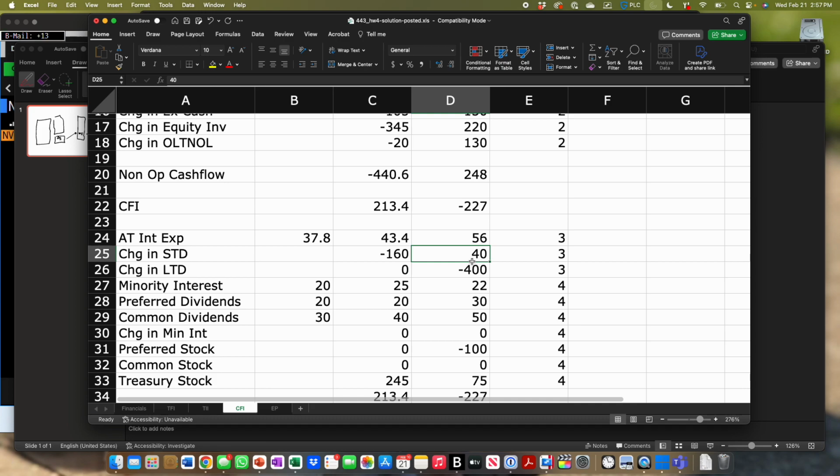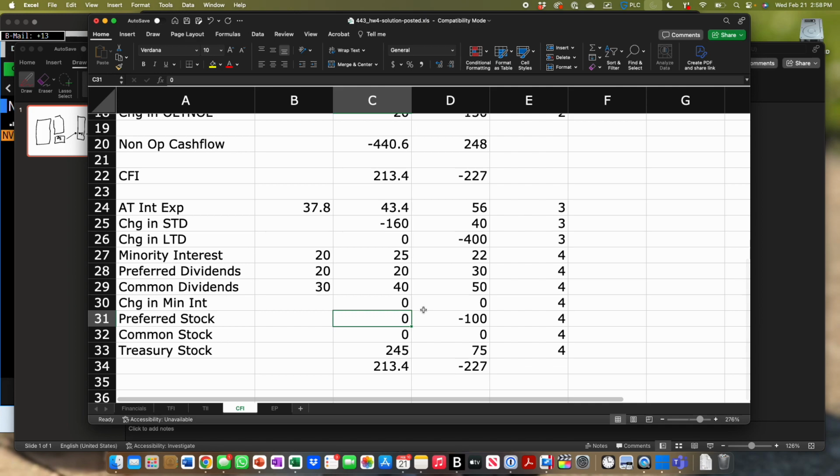From the income statement, these were the interest expense after tax. This was the change in debt from the balance sheet, pretty straightforward. This was the trick that I warned you about on Monday. When we get to the equity, these were the dividends. The minority interest is a dividend, for reasons we talked about earlier today. Preferred and common, those were the dividends. This is the change in equity. We didn't have a change in minority interest. We did increase our preferred stock, so that was an inflow. We didn't change our common stock. When you net all this up,